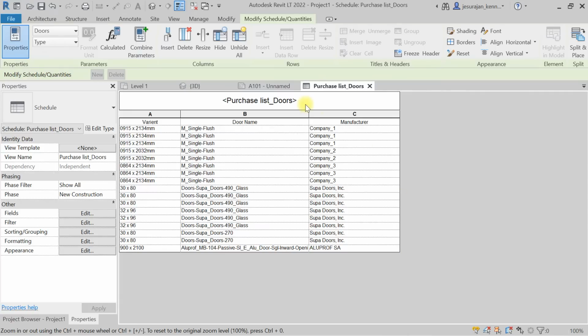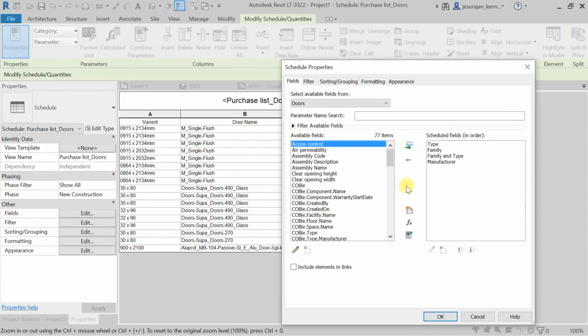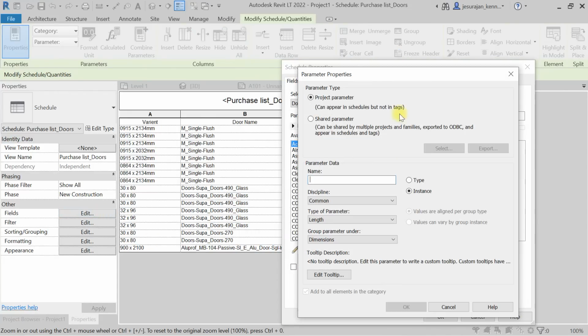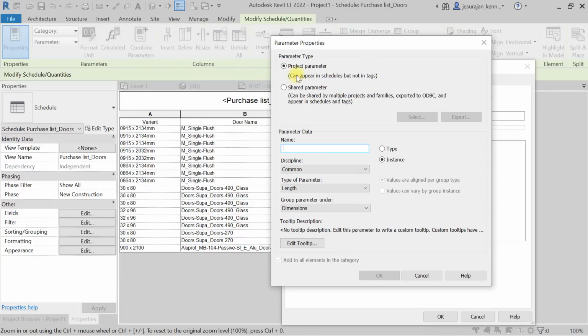Okay, so what do I need? I want to add some columns, say serial number 1 2 3 4 5. So I have to add a column for contact number. Then what you have to do is go to field, where you can create a new parameter. So this is your project parameter. Here you can see appears in schedule but not in tags, that's fine. And here you can say contact number,